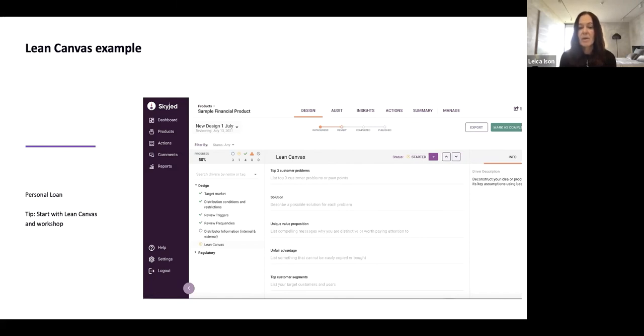Just be clear about the customer problems that you're solving and your unique value proposition, just workshopping those. You might only be spending an hour or so filling this out, but it helps you get a lot clearer before you actually step through those segments in the target market determination and set those distribution conditions. So that's proving to be a popular tool to use for that workshopping step as you start to set these target market determinations.